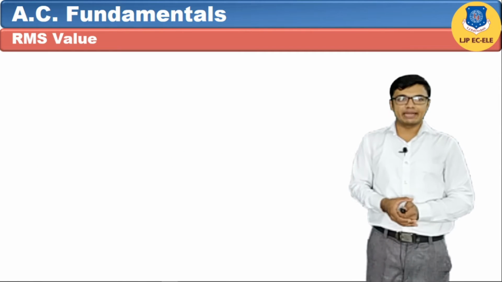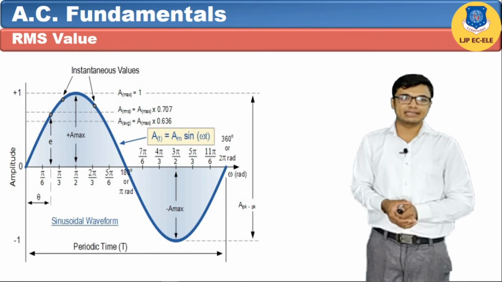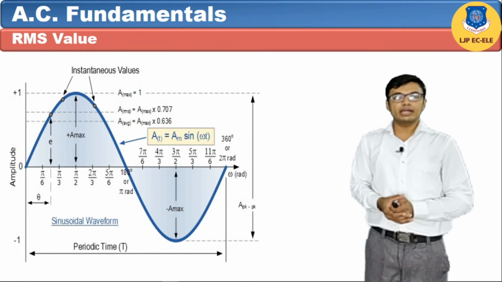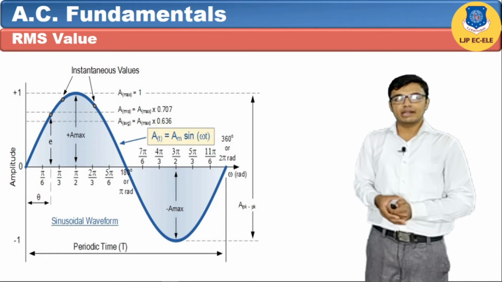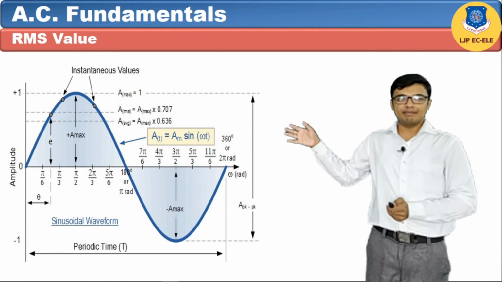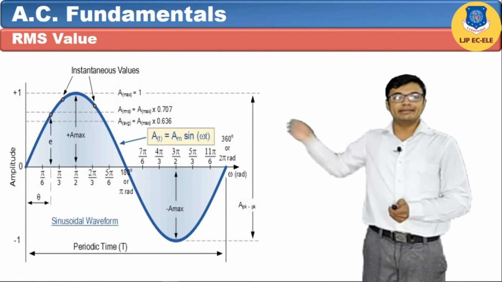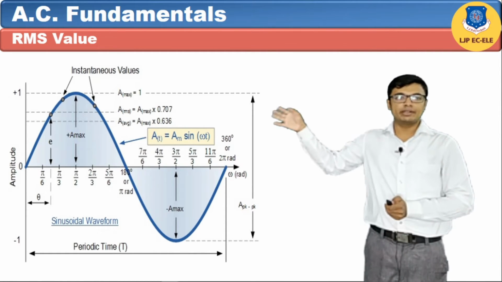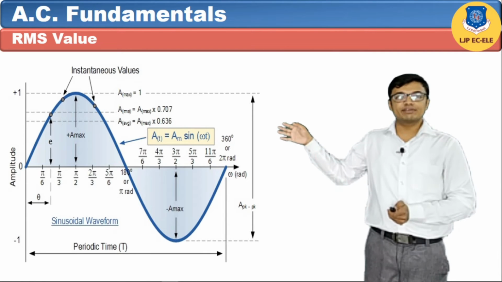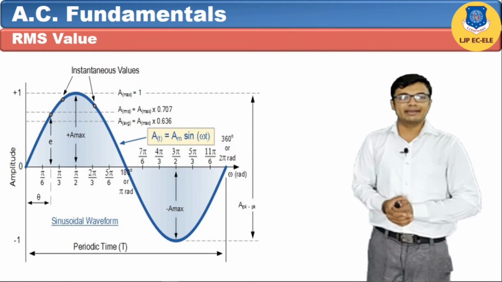Let's understand RMS value. RMS means root mean square value. As we know, alternating quantity continuously varies with time, whereas DC quantity remains fixed with time. So to measure an alternating quantity is very difficult because it changes at every particular time. Here we have one waveform, on the x-axis we have taken time period or angle in radian or degree, and on the y-axis we have taken amplitude of voltage or current. Here is the equation for an alternating quantity: A is equal to AM into sin omega t, where AM is the maximum value and omega t is the angle in radian.